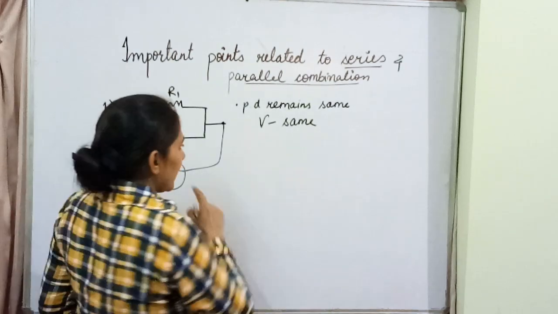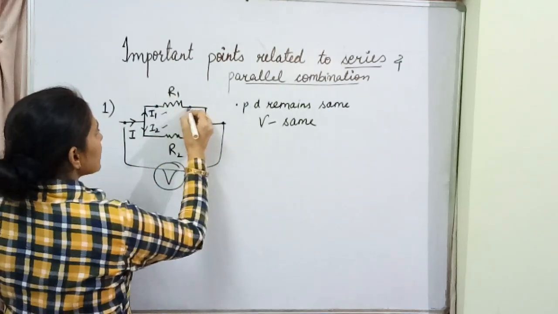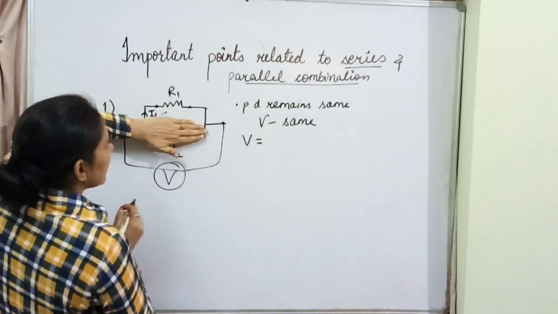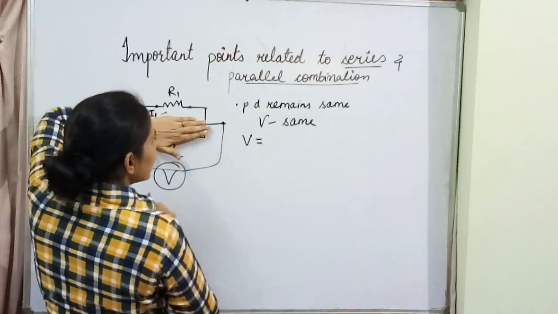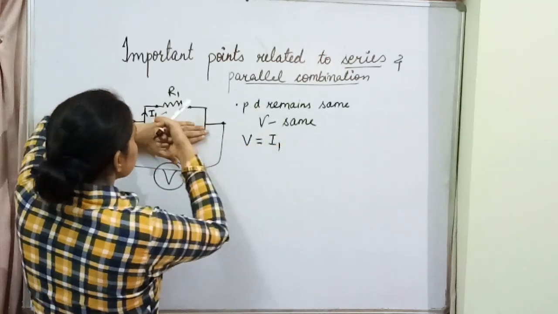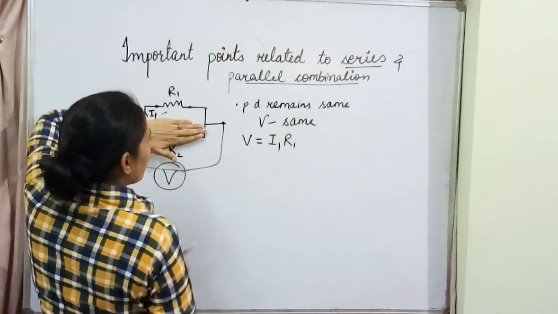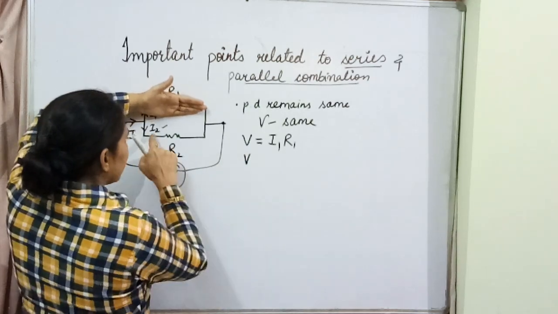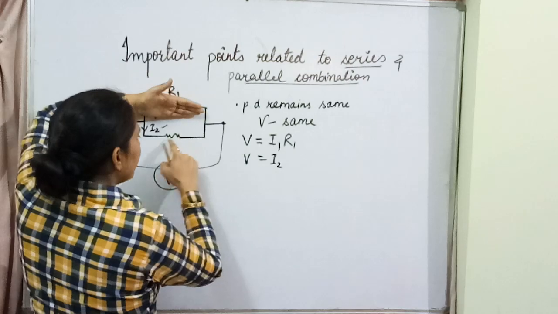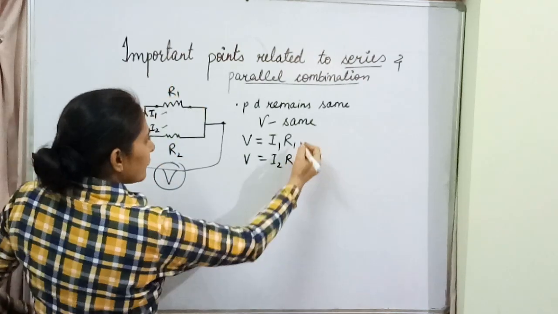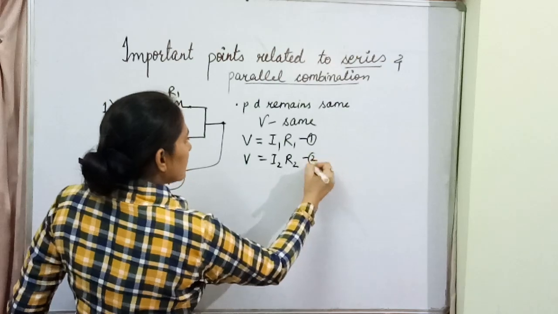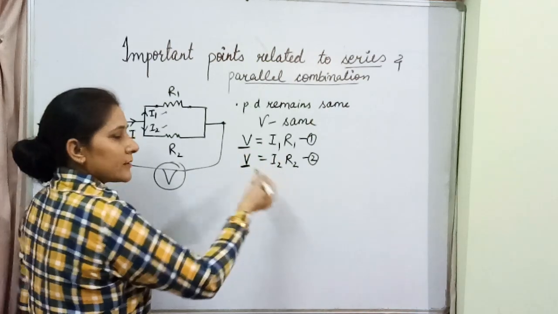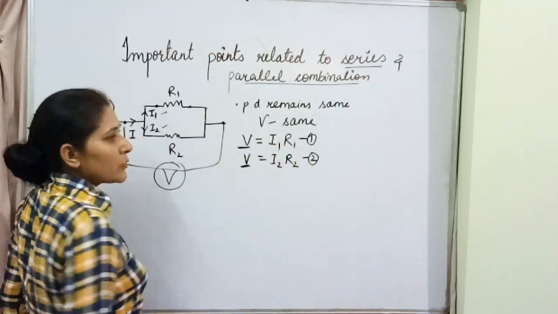Okay, so when we are talking about this, in this particular resistor, how can we give the value of V, the potential difference? According to Ohm's law, if only this much circuit is given to us, V is the potential difference, the current flowing through this is I1, and the resistor value is R1. Similarly, for the second one, the potential difference is V across this, the current flowing is I2 and the resistor is R2. From these two equations, equation number 1 and 2, you can see the left hand side of both the equations will be the same because both are at the same potential difference.